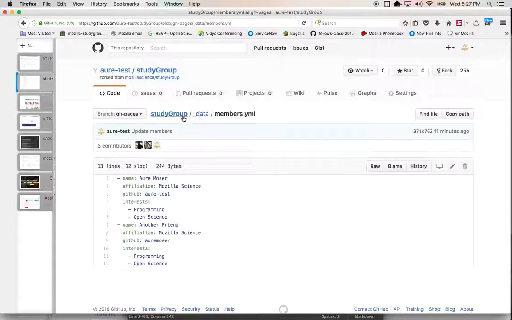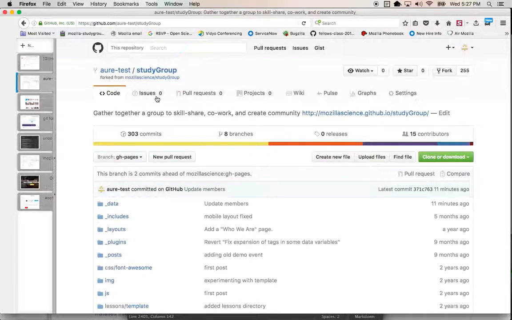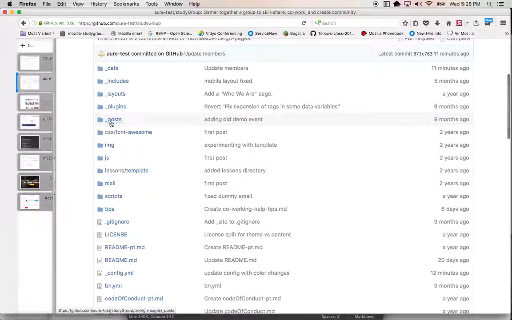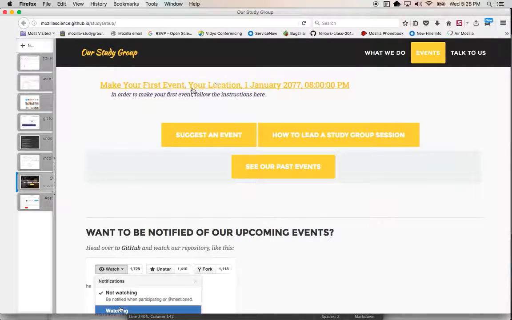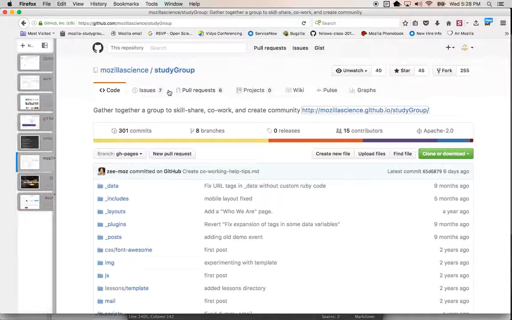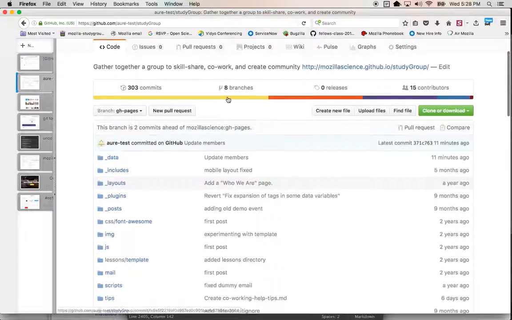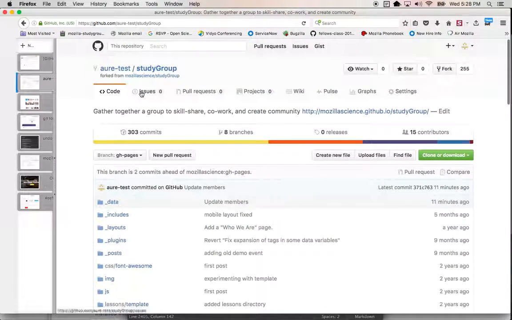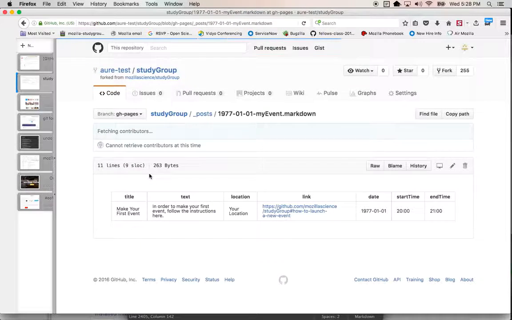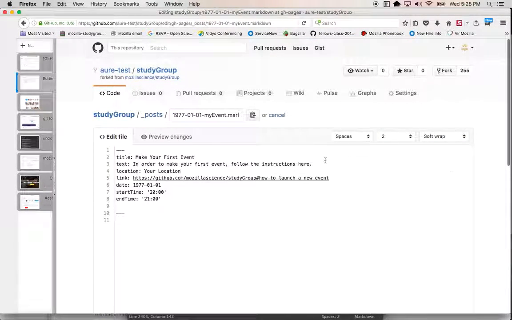Next, you'll probably want to edit your issues and your posts. So you'll notice that there's some documentation that describes how you create events on the website, which look like this. They're in this lower section and they appear as links. You can post as many events as you want. Usually there's kind of an informal process of creating an issue where you define what kind of event you're going to have. And then after you create your issue, you create a post that follows the same syntax. And in fact, you can copy this